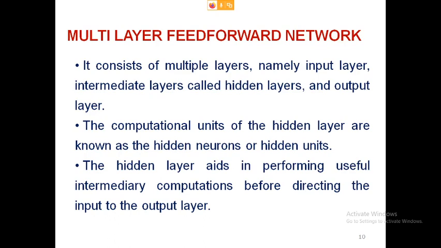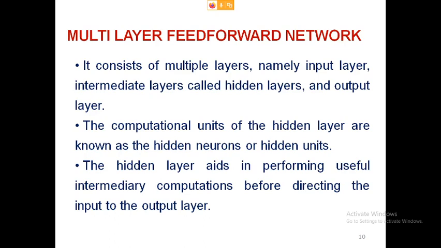Here, the multi-layer name has come because computational tasks are performed by multiple layers. Those multiple layers are nothing but the output layer as well as the hidden layers. Both are doing the computational task. That's why it is called the multi-layer feed-forward network.